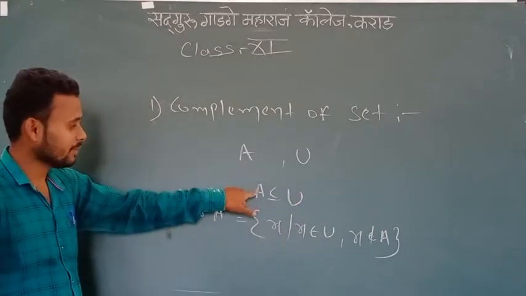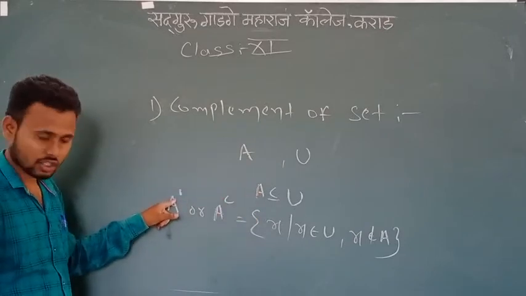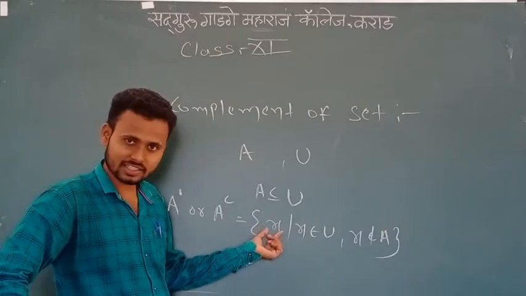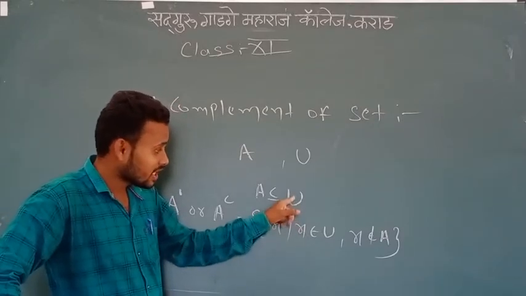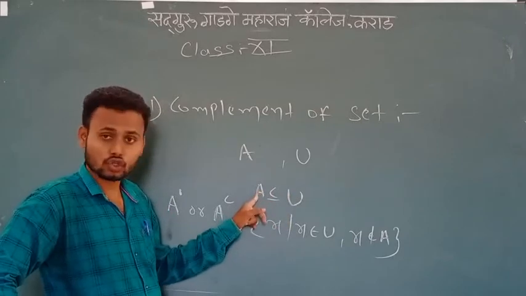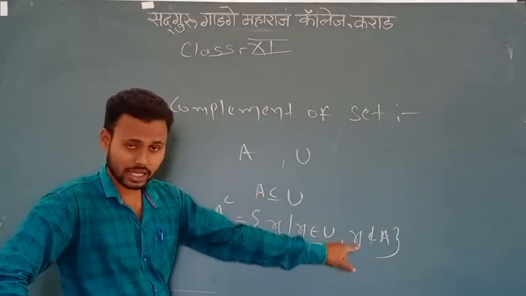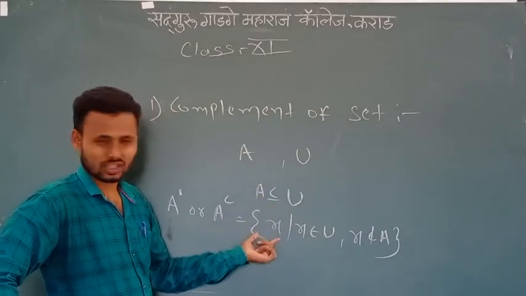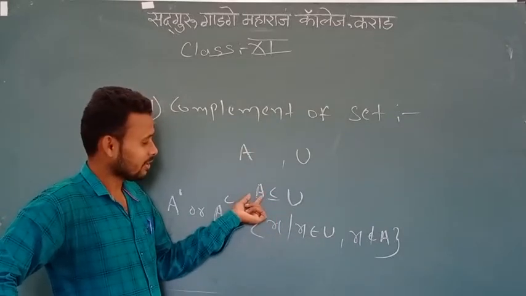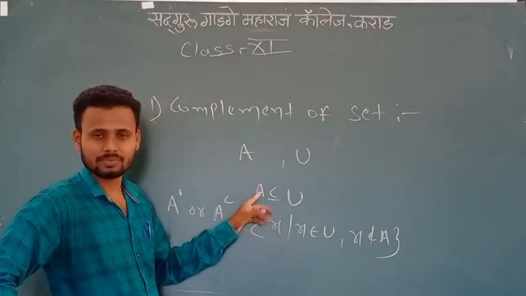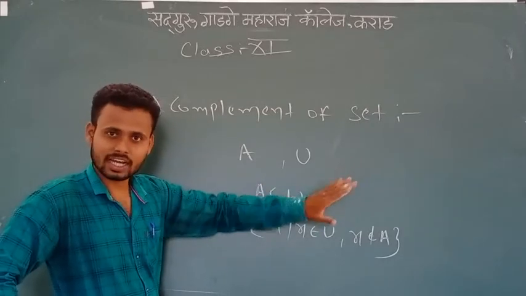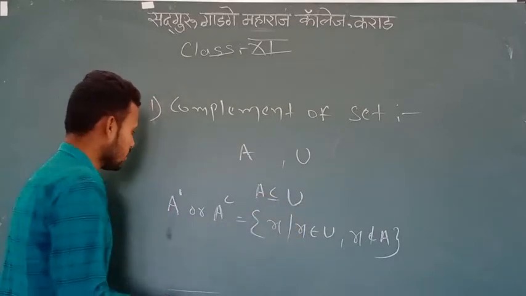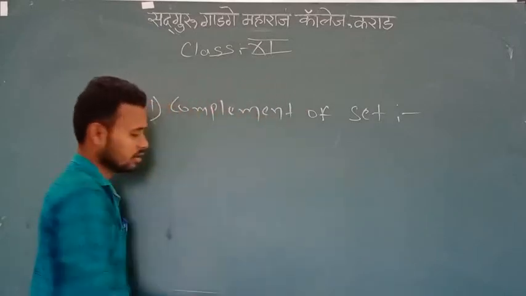Then the complement of a set A is denoted by A dash or A^C, and it is the set containing all elements x such that x belongs to the set U but x does not belong to A. Then that set is called the complement of set A. Simple. Which set comes? Elements that are in U but not in A. Simply, take all the elements of A out, and take whatever remains in U. Okay. For example, if I say, for example, if you take